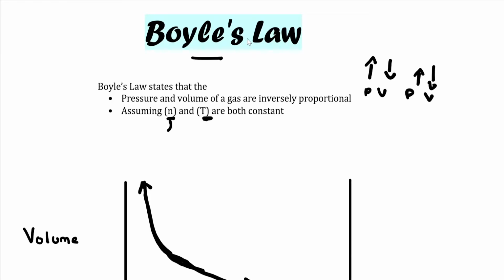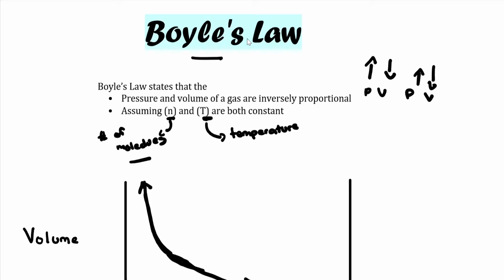N refers to moles, or the number of molecules. That must remain constant for this inverse proportion to happen. And temperature must also be constant. Right? So it's assuming that when the number of molecules are constant along with temperature, pressure and volume will then